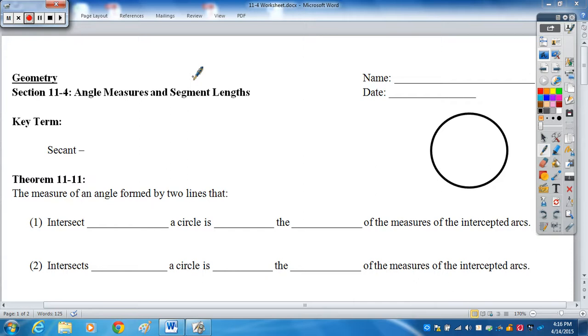I'm going to quickly go over section 11, the first part: how to figure out angle measurements inside and outside a circle. I apologize for how fast this video is going to be,